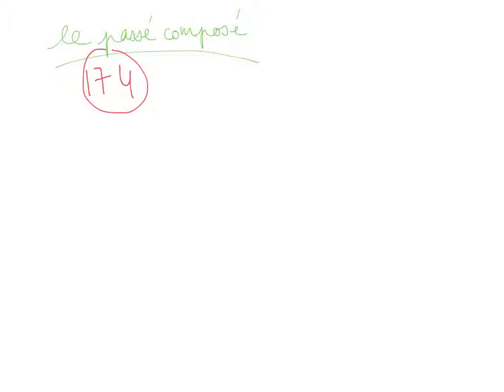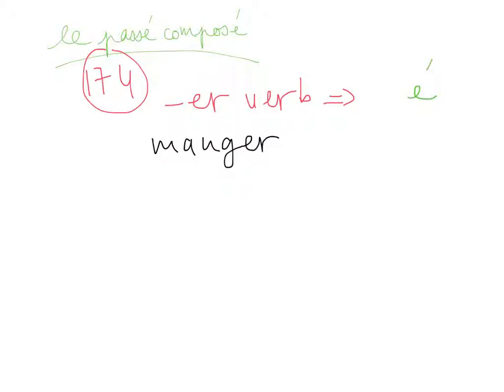The first thing is that, in general, passé composé, when using an ER verb, the past participle is going to end with an A. How do we get that past participle? There is nothing easier. You write your ER verb, d'accord? You're going to remove the ER and you're going to add an A. It works